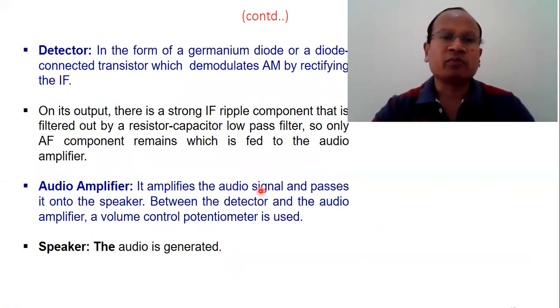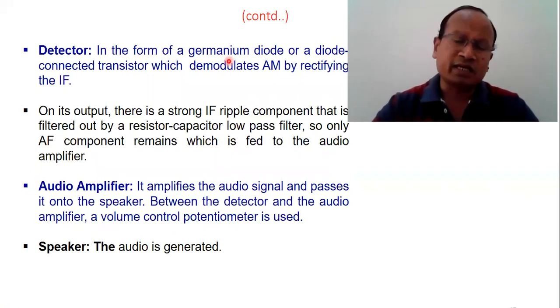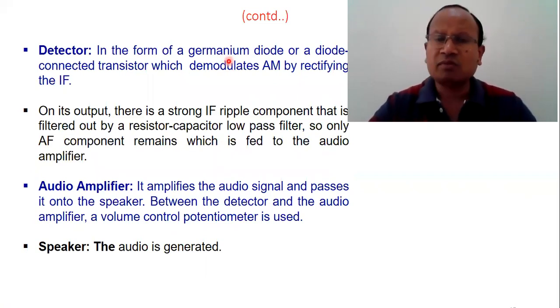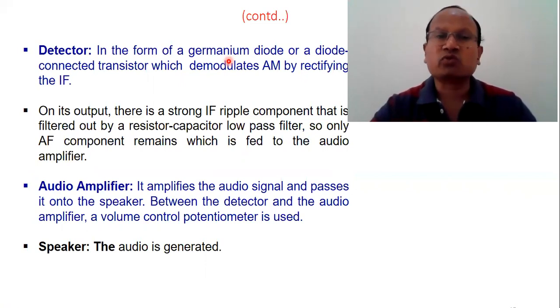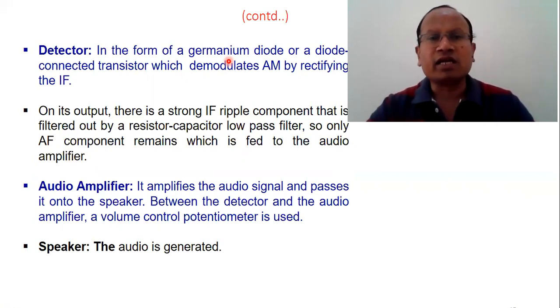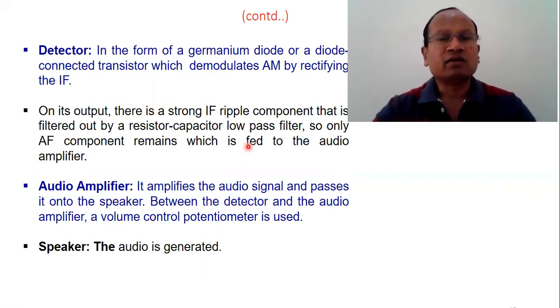And then what does the detector do? The detector is generally a germanium diode or a diode-connected transistor or any other type of demodulator that will demodulate the signal. An envelope demodulator is very popularly used, but any demodulator can be used depending on the application and the percentage of modulation used while transmitting the signal. Accordingly, after passing it through the detector, we get the audio component, but the signal strength might again be less.